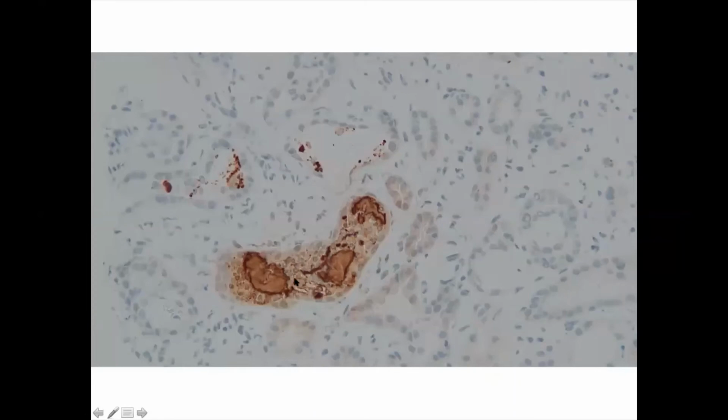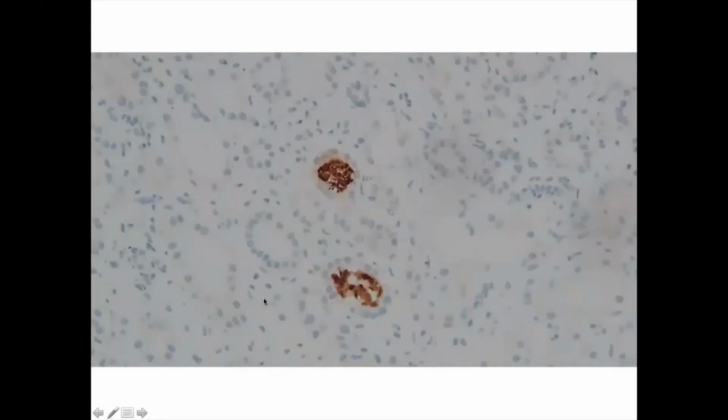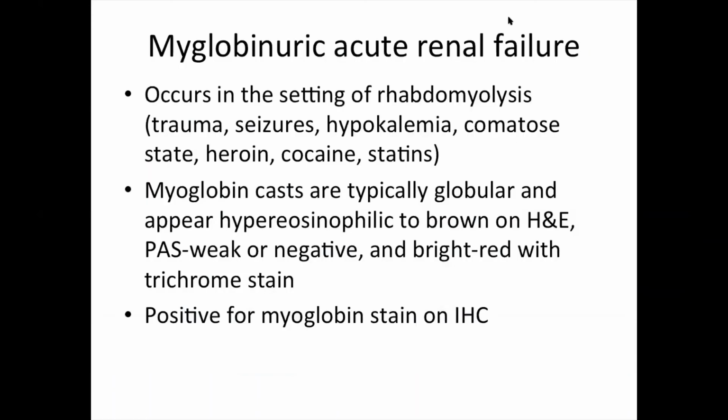And like you guys expected, these are myoglobin casts, and we can confirm this by doing immunohistochemistry, and it will stain the casts. Okay, هذا basically immunohistochemistry حق myoglobin, and it is staining the casts. نشوف وش قلتون. Yeah, okay, very good. All right, so this is a case of myoglobinuric acute renal failure, and yeah, it occurs in the setting of